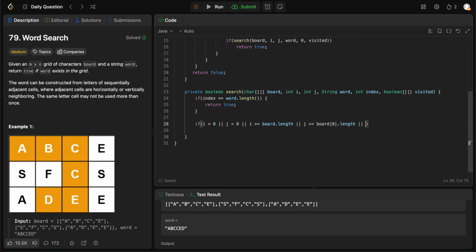So you're basically checking the new rows and the new columns that are given to us are within bounds, and then you check if it is visited,